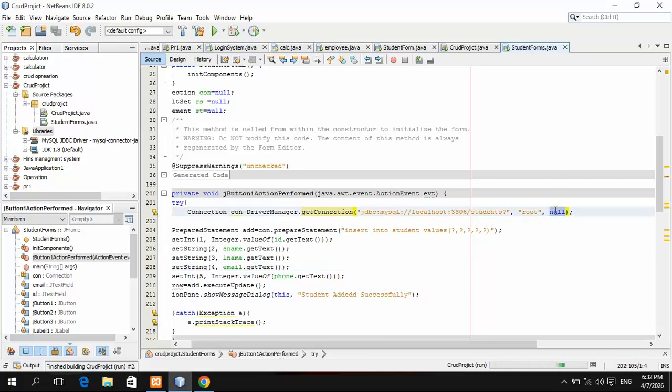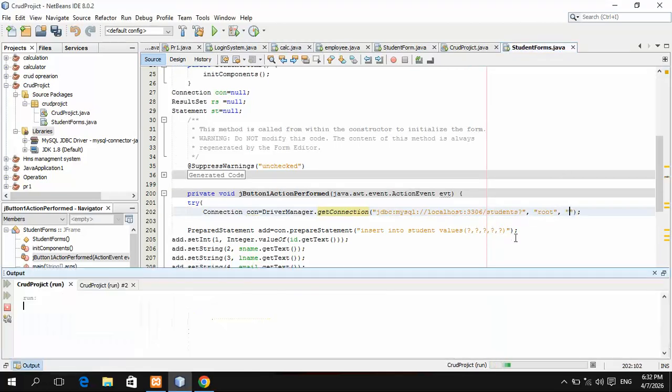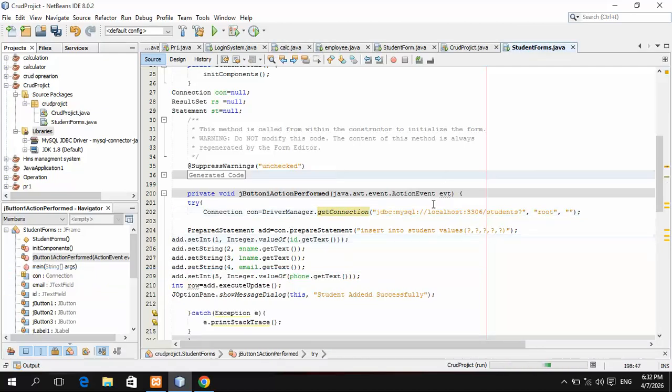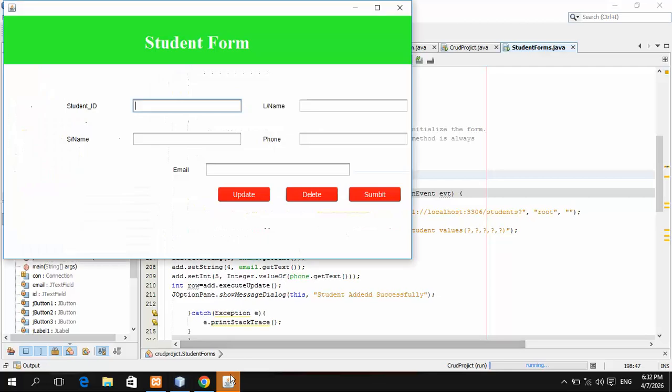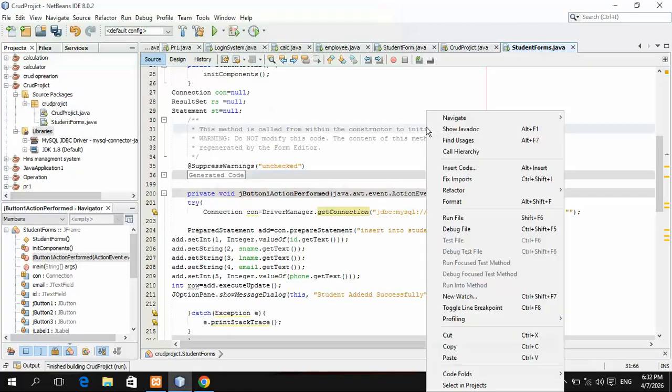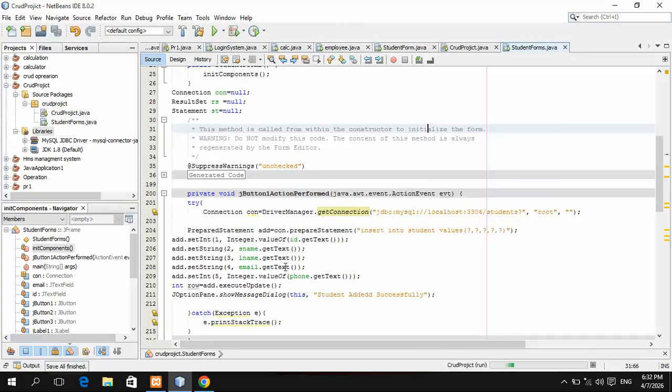In here we write null, that will be wrong, 1 2 3 4 5. Click on this one, close this one, right click and go to run file.